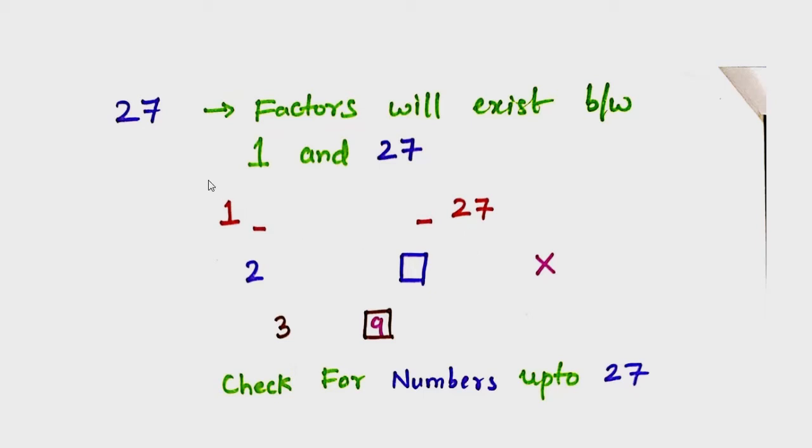So we basically got 1, 3, 9 and 27. We got 4 factors which are dividing 27. So yes, we have got 4 factors for 27. Okay, what if we